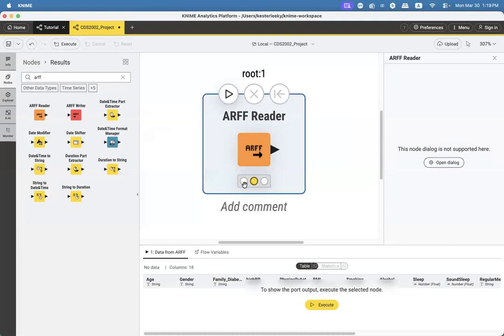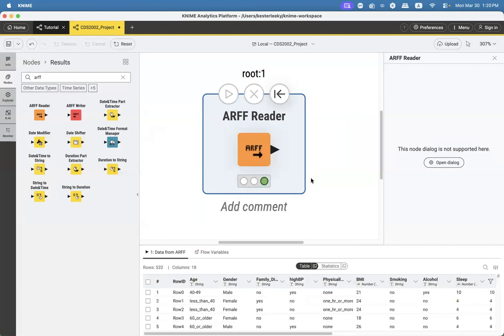If you see a red light, that means there is an error in your running. If there is a yellow light, that means the functional node is ready, but it is not being executed yet. If you right click and execute, and the execution is correctly done, then you will get a green light. So you can know the execution status of this node by taking note of the light right below the functional node.